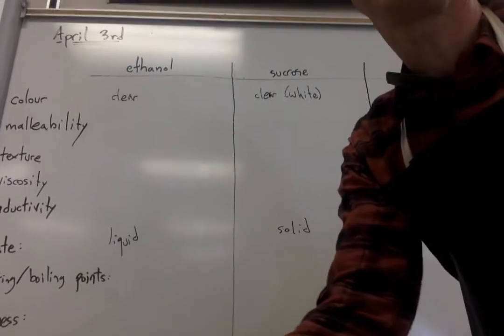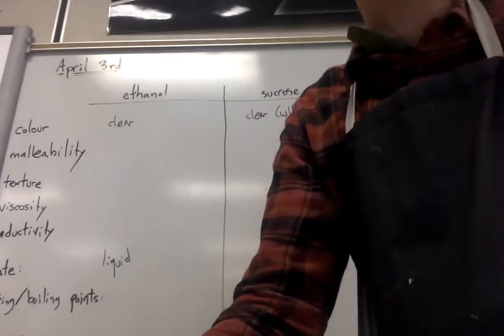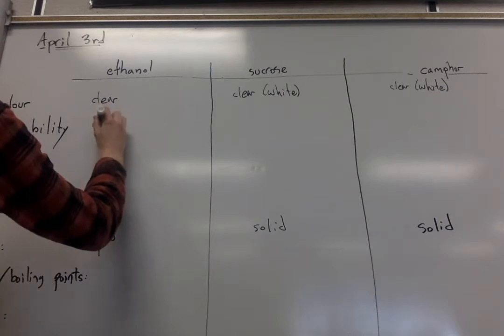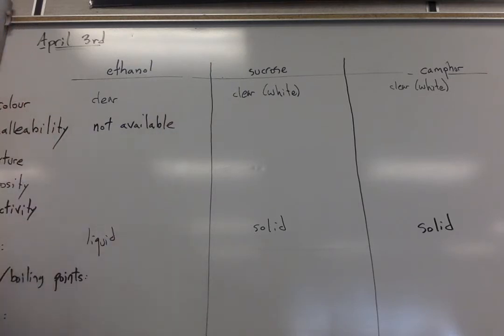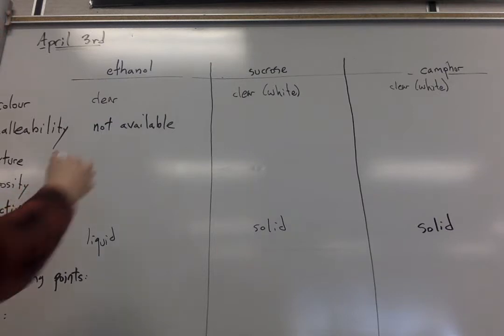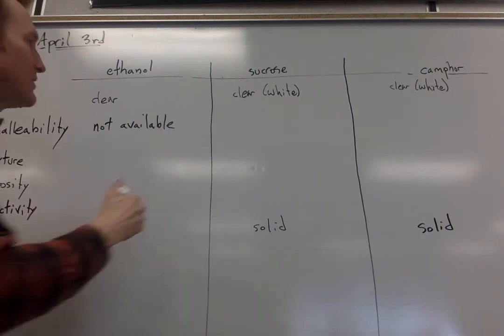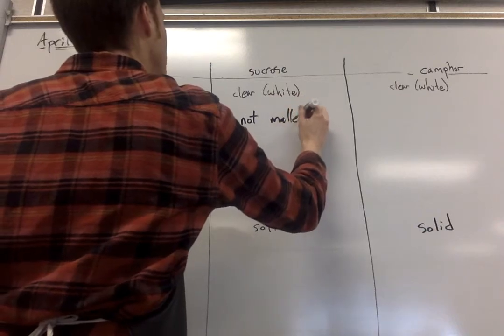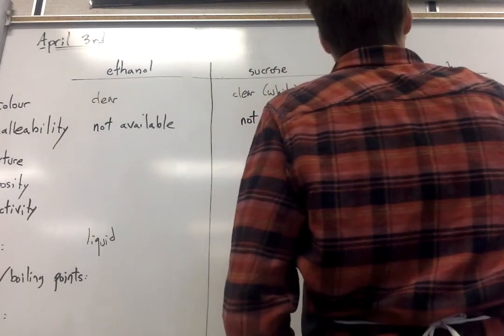Malleability, remember that's the ability to pound something into sheets or not be able to pound something into sheets. For something to know if something's malleable or not, you have to be able to make it into a solid. I don't have a freezer that'll freeze liquid nitrogen. I can't freeze the ethanol, so that's not available. The sucrose, not malleable. The crystals just break apart. The camphor also,